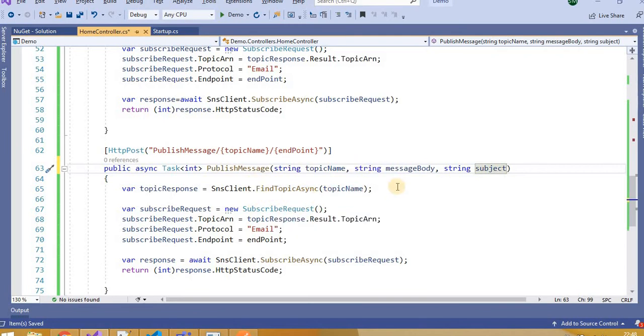And here again you need to pass the topic name to get the topic response, or you can write the code to get the topic ARN directly, like result dot topic ARN. Now here we will use the class publish request.